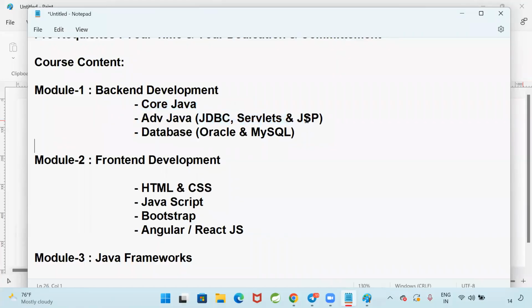JDBC, servlets, JSP to nahi chahiye. I am going to cover JSP also, but minimum 3 days or 4 days, not more than that. Wo bhi waste of time, right? But I will give you the overview. What is JSP, right? So advanced Java is going to take 30 days, right? Currently we need this knowledge, but we are not going to work with these technologies directly in the project. Why do we need to learn this advanced Java, sir?